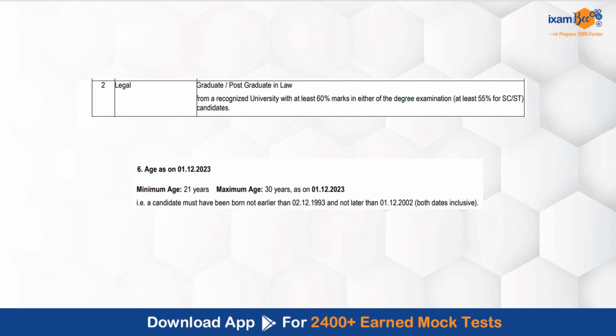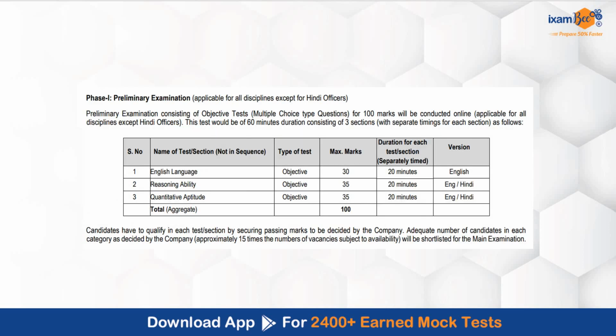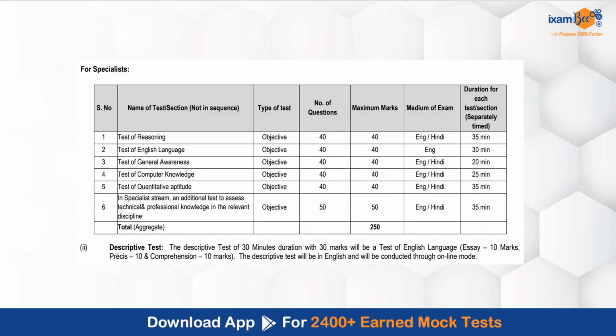There are 3 phases in the exam: prelims, mains and interview. Prelims is objective, it's only qualifying. English, quantitative aptitude and reasoning are the 3 subjects, QRE. These are the number of questions and marks of each section. Each section is of 20 minutes. Sectional cutoff and overall cutoff both are present in this exam. Then you have mains. The marks of mains will be used for shortlisting the candidates for interview and also for calculating the final merit list.